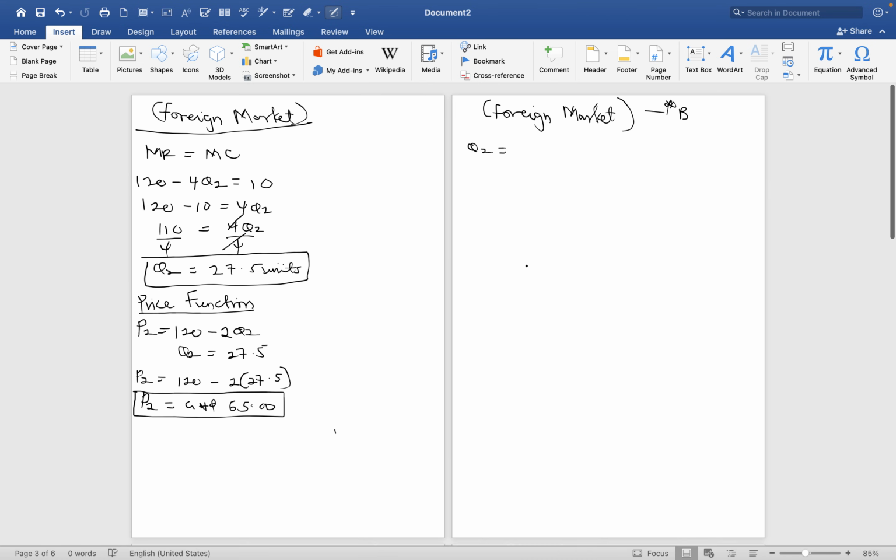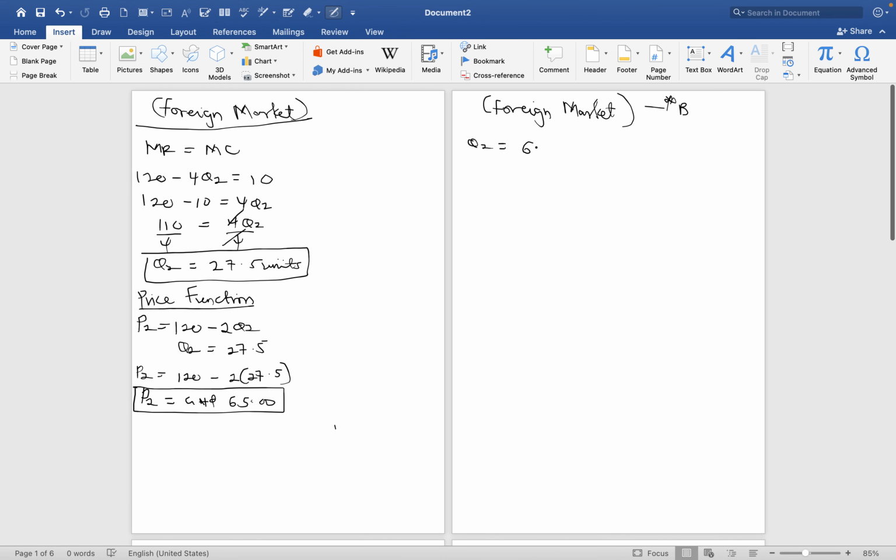60 minus 0.5 P2. So the formula still holds: derivative of QS over derivative of PX times PX over QS. As I explained earlier, on this side you are finding the derivative of QS with respect to PS. You just come to the price side of the function and pick the number attached to the price. So this is the number attached to the price, minus